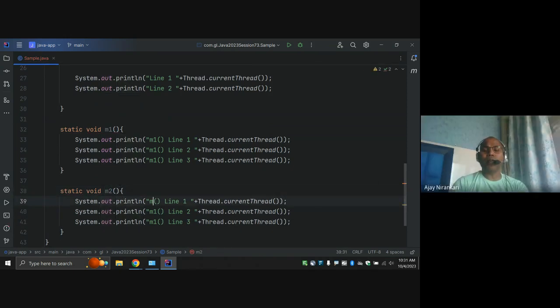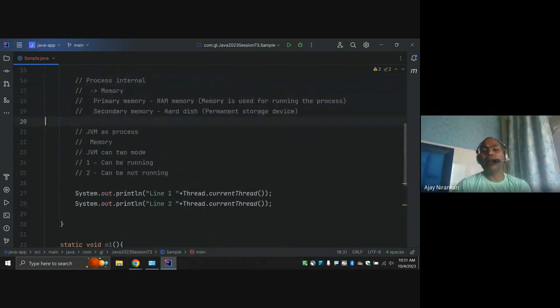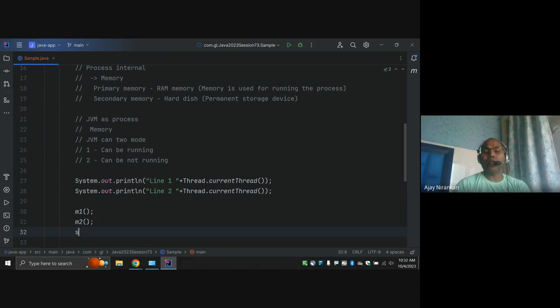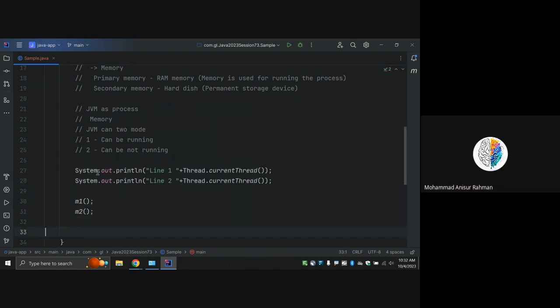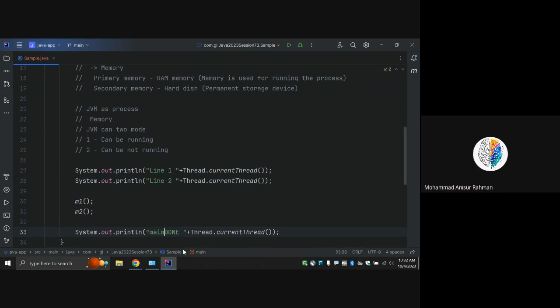Any method name can be used. If I call M1 and M2 here, and then print main done, main is completed, right?